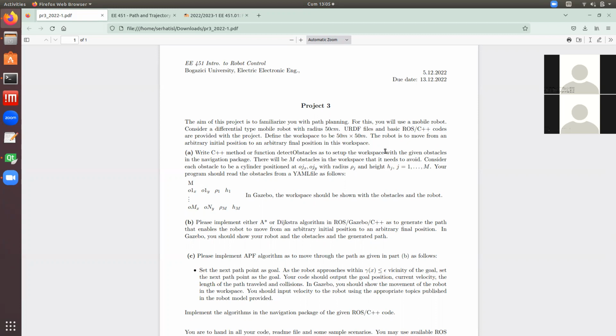We were tasked to generate a world that spawns obstacles at certain positions. We spawn our robots, and then we employ some path planning and navigation algorithms, right? So in part A, you were already given the template code, which you only needed to change the file read format. So let's first read